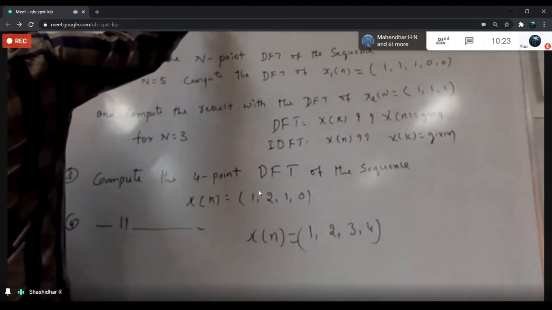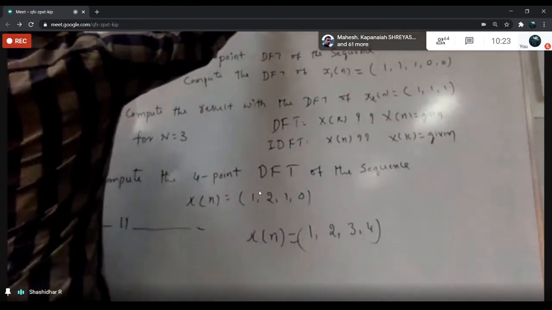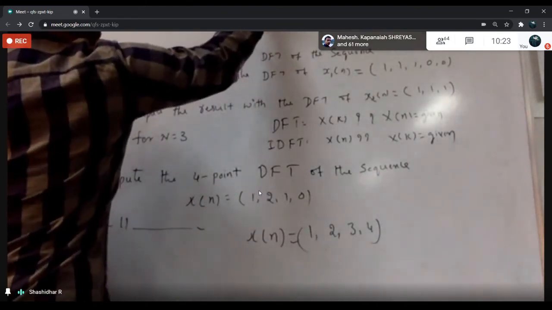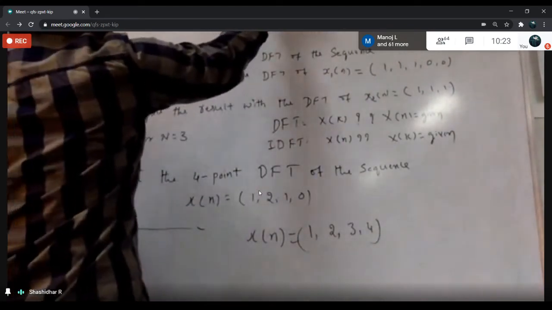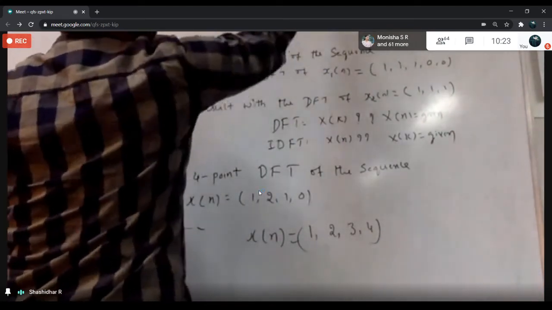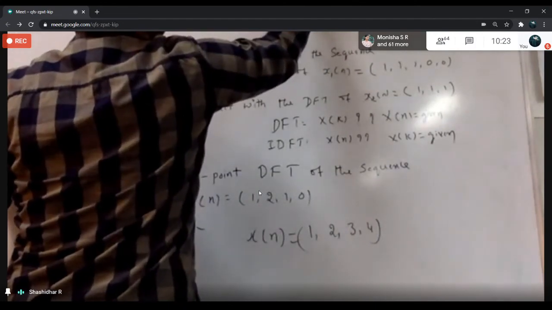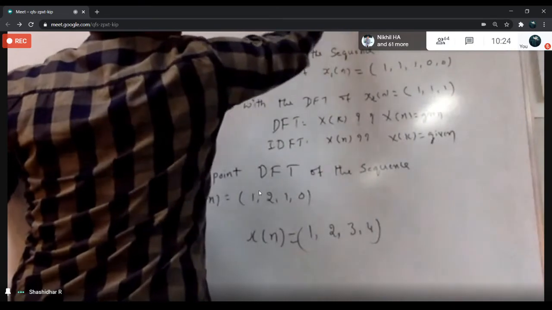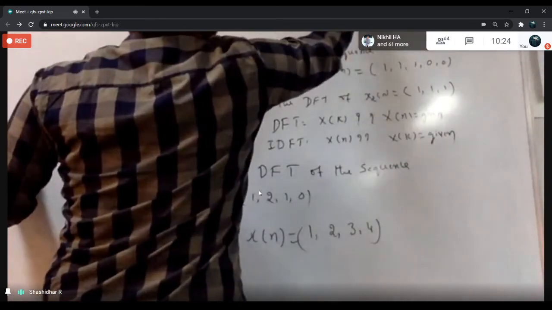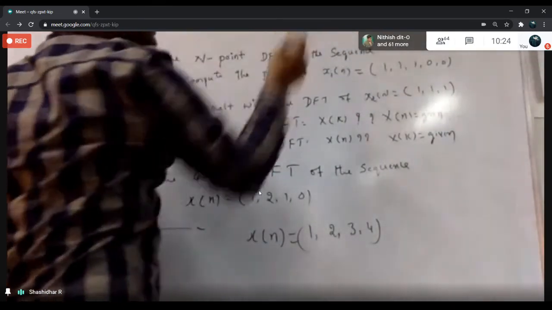n means this is the number of samples in the sequence. So here this is small n, 0 to n minus 1. So you start from n is equal to 0. What is the n value? Your sequence means sigma n is equal to 0. If your sequence length is 8, then 8 minus 1, n is equal to 0 to 7. Total values are 0 to 7, which is 8.